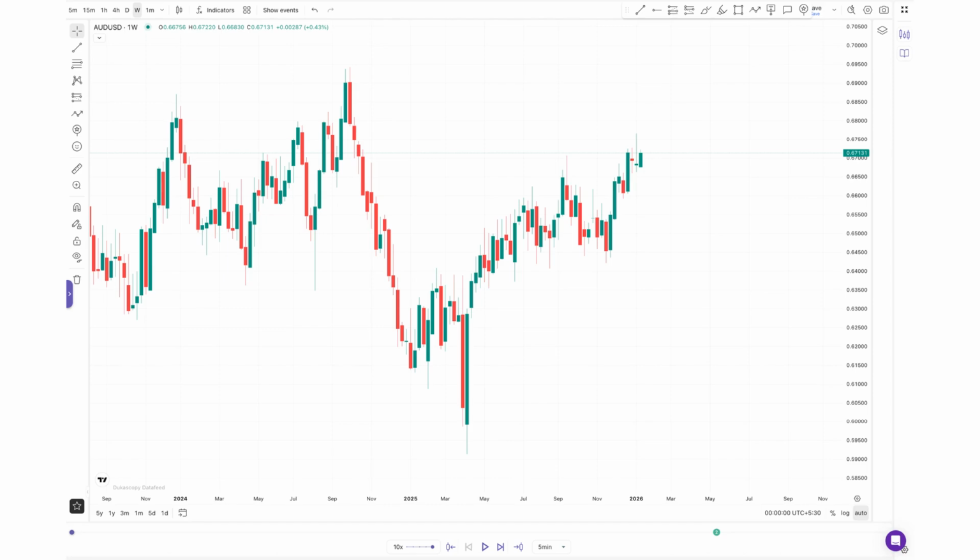Let's quickly take a look at one of the trades that was taken in the beginning of this week on Jan 12th. As usual, let's start using the top down analysis. Let's start with the weekly. We all know that we have been following Aussie USD from quite a few days, and we know that the short term trend here basically is